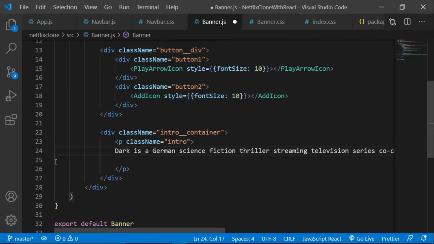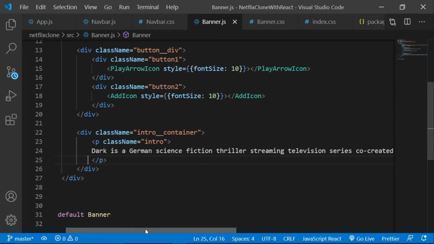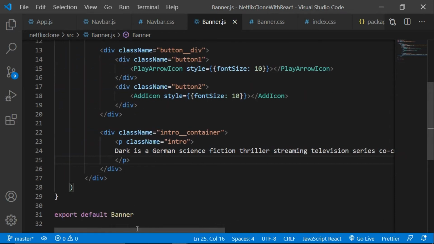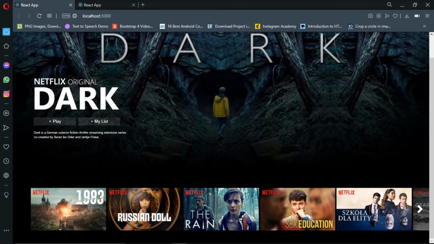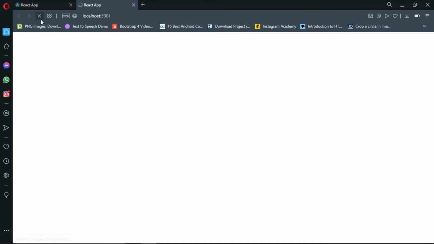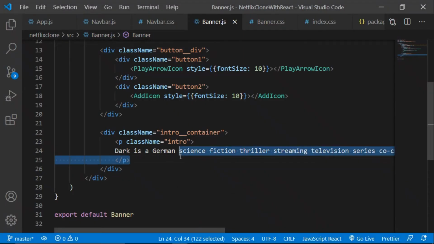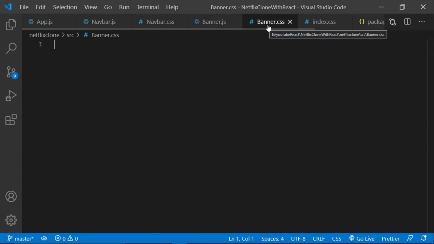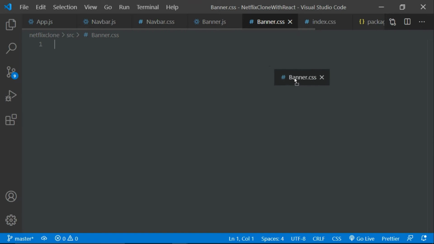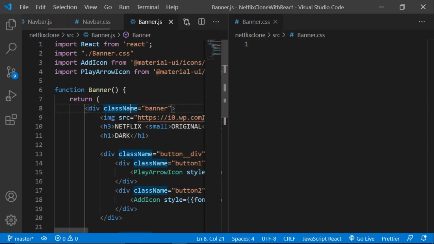So cancel this and delete these extra spaces. Delete is not working. I'm gonna use backspace and I'll add a spacebar here. So let's go to our Opera browser, and let's check this out. Okay, I cannot see anything here. Okay, so let's split our screen and let's add styling to it, so we can at least see something after that.